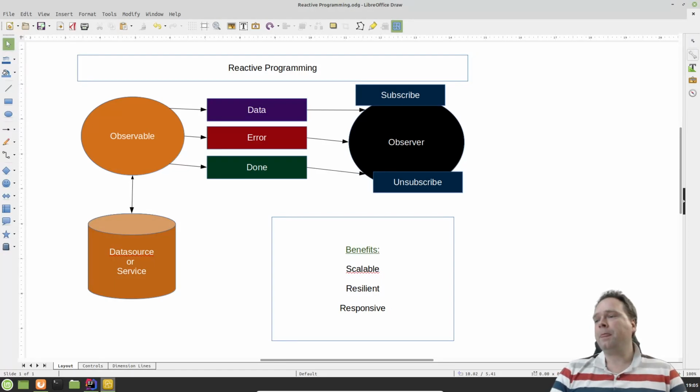And then we also want it to be responsive, and responsive is very, very important, because in the old days you would wait for the whole web page to load. For instance, let's say you were looking for computer games on an online store, and then the whole page would just be blank until all of the games that you searched for were actually searched and provided to the client, to the UI,